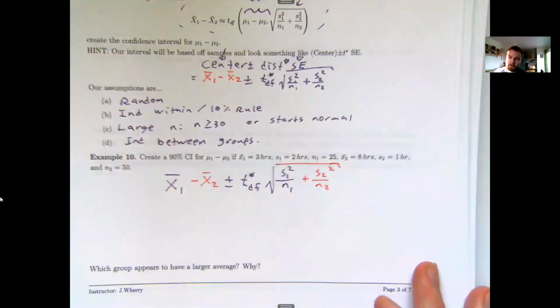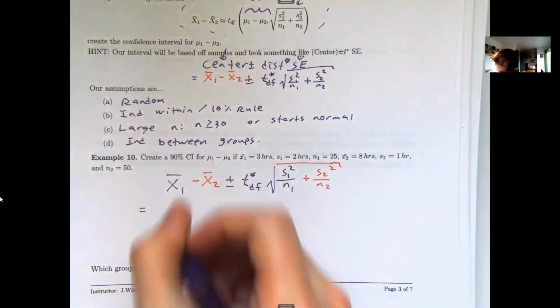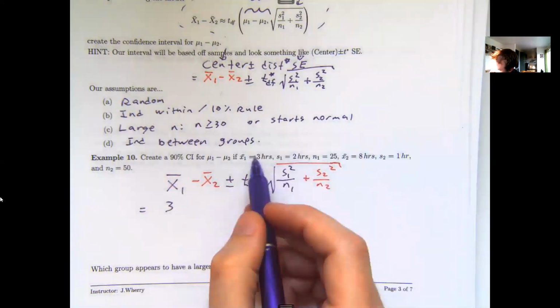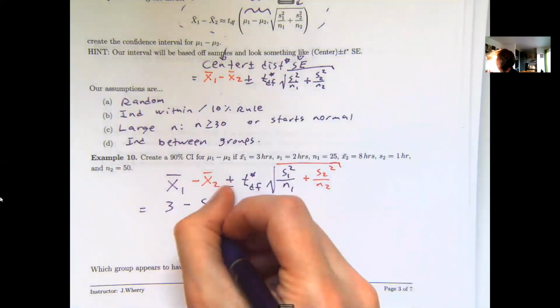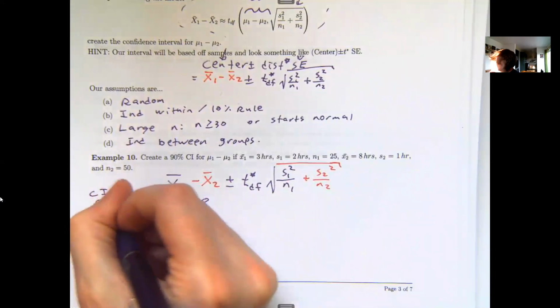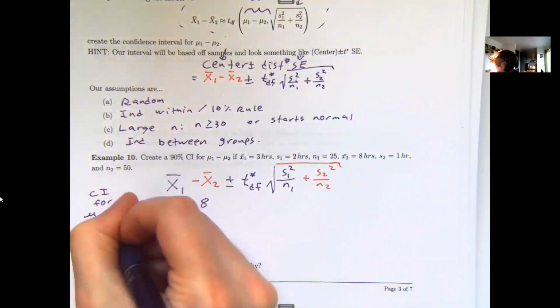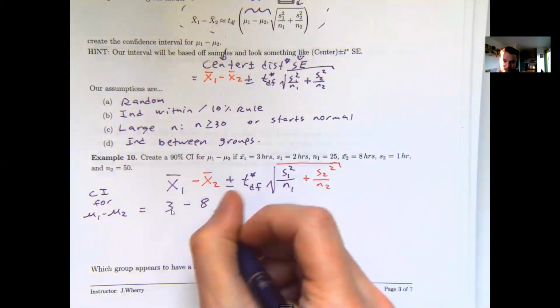I'm going to plug in everything I know, and I'm going to see that I know almost the entire problem already. X bar for the first group is 3. X bar for the second group is 8. This is going to be a confidence interval where I'm taking the average for the first group minus the average of the second group, so mu1 minus mu2. I can see in my order here that I'm going to be creating it in 1 minus 2 order. This gives me a center of -5